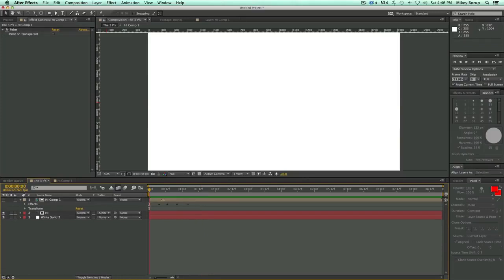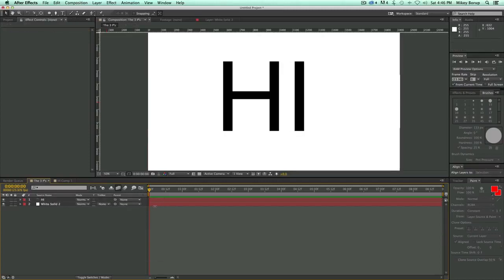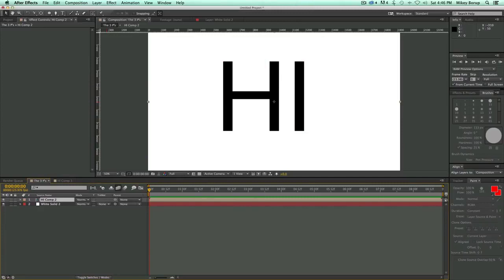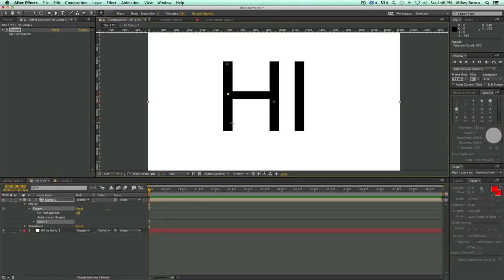Now the last thing I want to talk to you about is the Puppet tool. The Puppet tool is pretty darn cool. It's a way of creating very organic looking movements. So let's use the same high composition. Let's pre-comp that again. The Puppet tool is right here. It's this pin, called the Puppet Pin tool. If I click on that and put little pins in different spots on my composition,